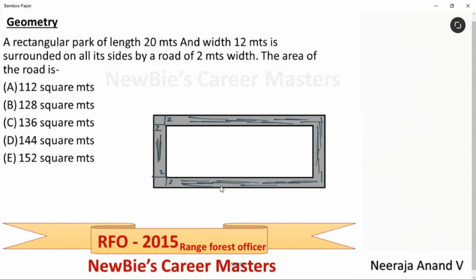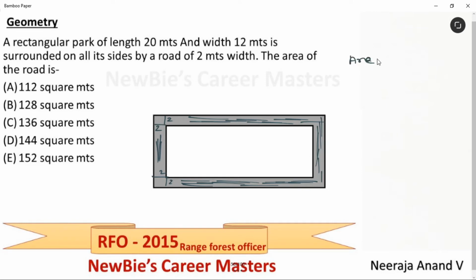Okay, it's very simple. Just take this as the outer rectangle and this as the inner rectangle. Find the area of these two rectangles, and after finding the area of these two rectangles, just take the difference. That's it. Very simple. Correct? No. From the bigger rectangle area, if you remove this portion, what is left out will be this one, no? That's it. Okay, let's get the area formula now.